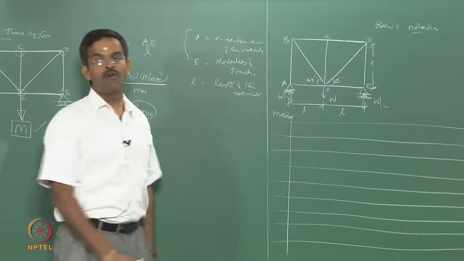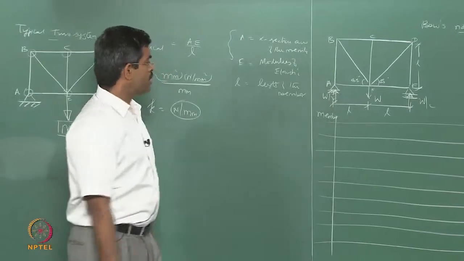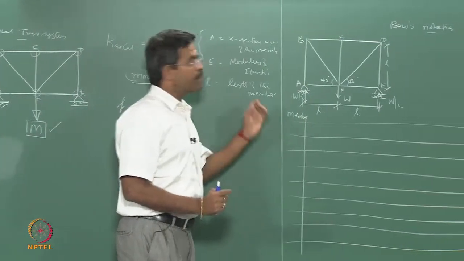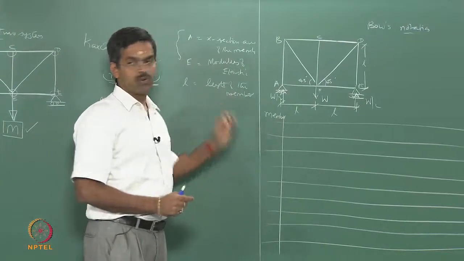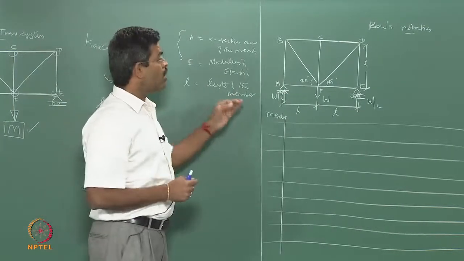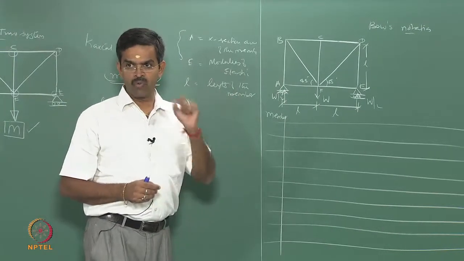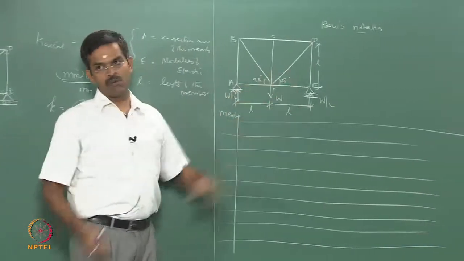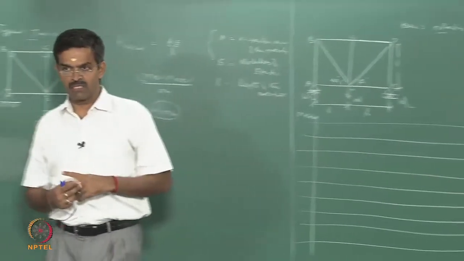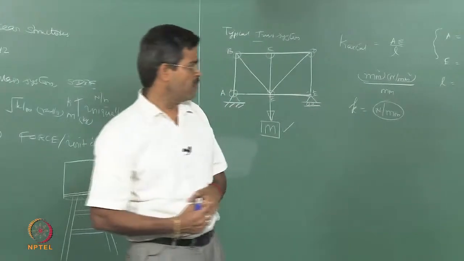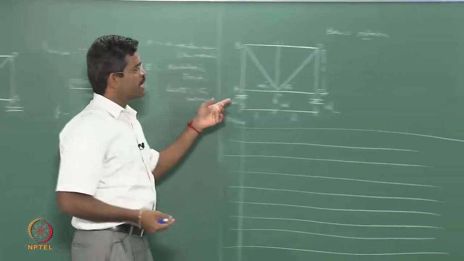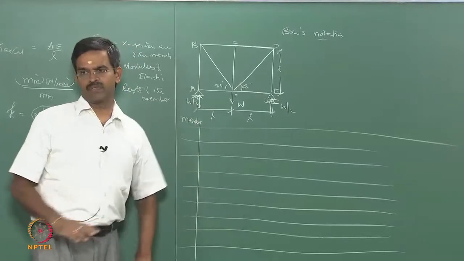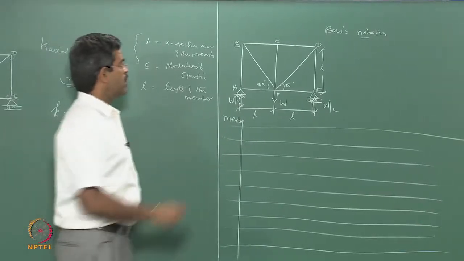Method of joints is very powerful tool, easy. The method of joints rule simply says pick up any node or a joint where there are not more than 2 unknowns. It means not more than 2 members should meet whose forces are not known. Now, the question is, what are the nature of forces in these members? Truss is an axial system. Therefore, the forces in these members will be either axial tensile or axial compressive. Okay. So, let us take up node A.